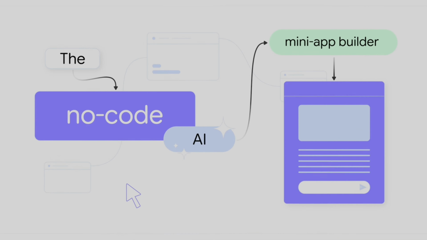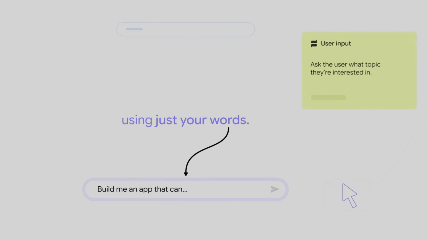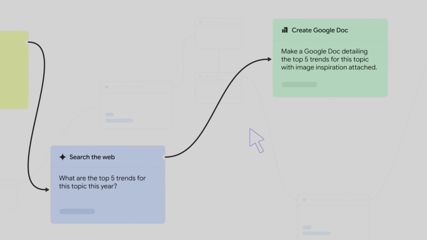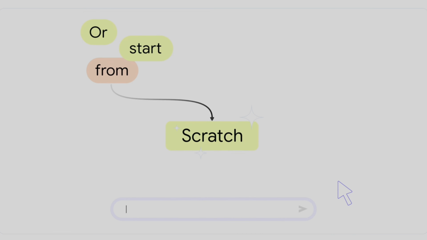One more I'll showcase quickly is Opal, a no-code builder. Make your own AI mini apps in 30 seconds, just by describing them. This is Google's free and user-friendly alternative to complex automation tools like N8N. Unlike other platforms that have a steep learning curve or high costs, Opal lets you build workflows using simple English